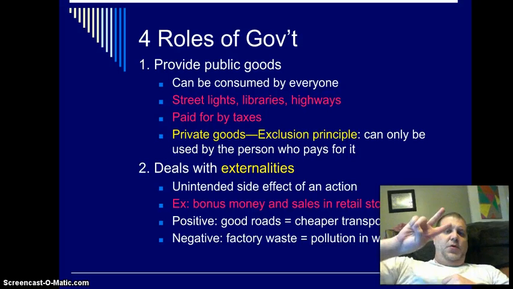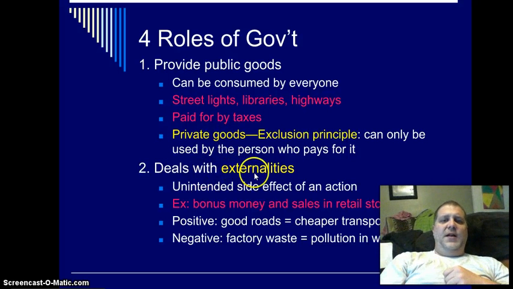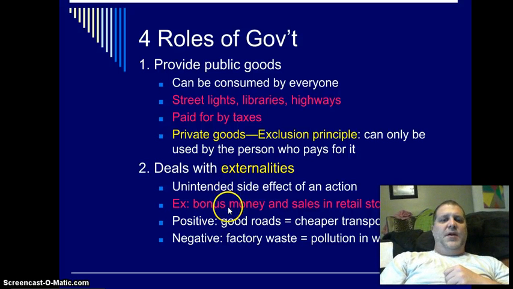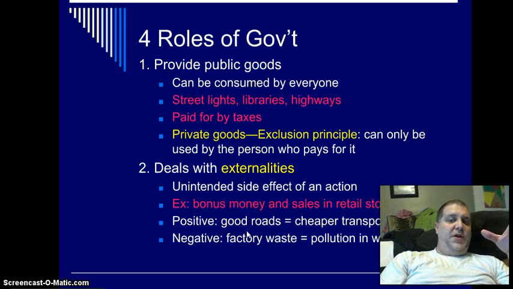Second role of government, role number 2, deals with externalities. We talked about this in class, but this is the unintended side effect of an action. The example is bonus money in sales and retail stores. Positive, good roads equal cheaper transportation costs, which means the better shape the roads are in, the cheaper you're going to pay for your goods, which is a positive effect